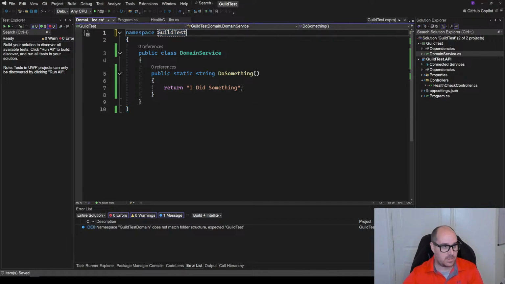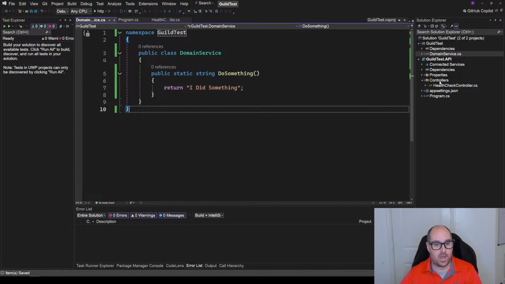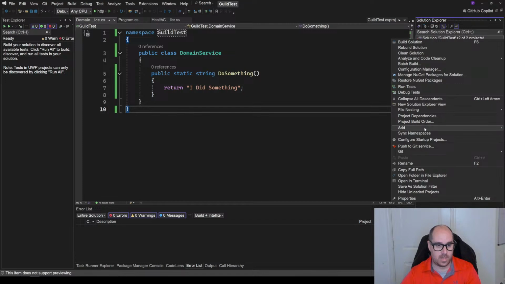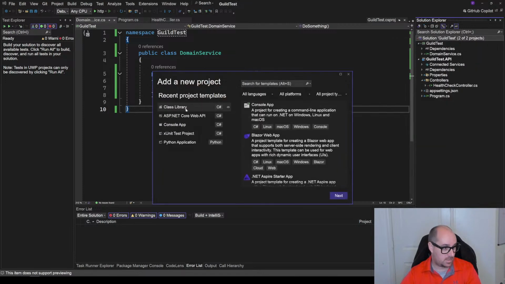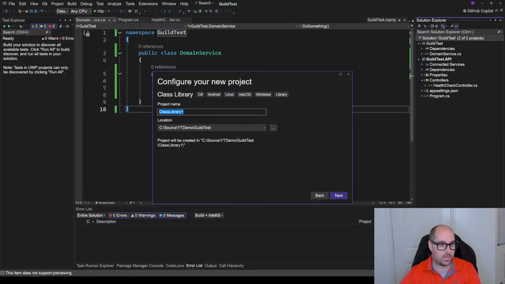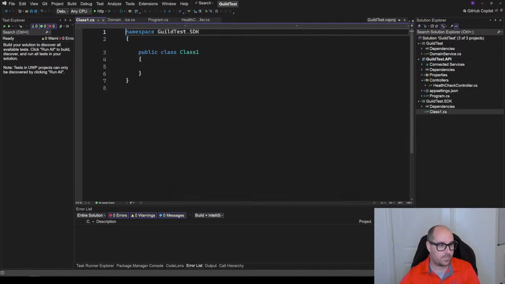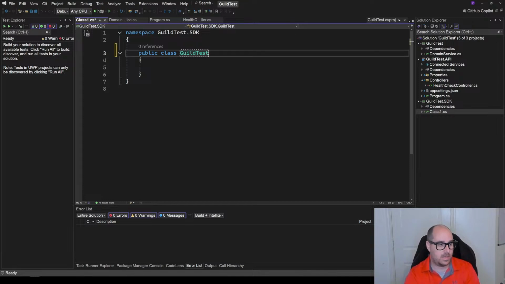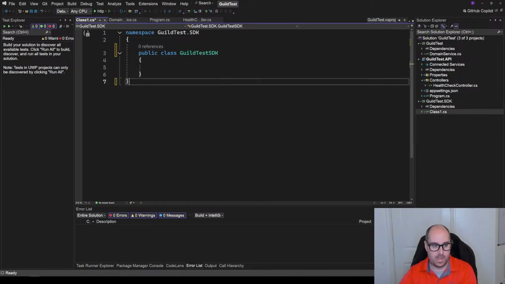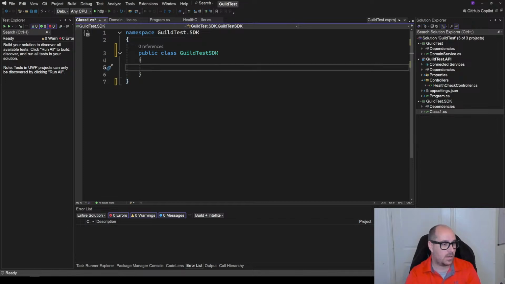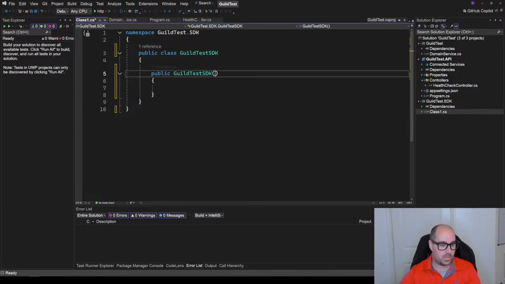I'm going to fix this. So I'm going to make an SDK now. I created my domain code. I'm going to create an SDK. So add new project, class library, guild test.sdk. Okay, this is build test SDK, and it is going to have a constructor that requires an HTTP client,